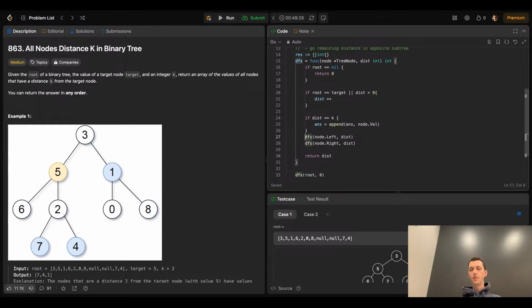But what if we are at some ancestor level? So 3 will receive something from 5, and we wanted to receive 1. So 3 is not a root. 3 sees that